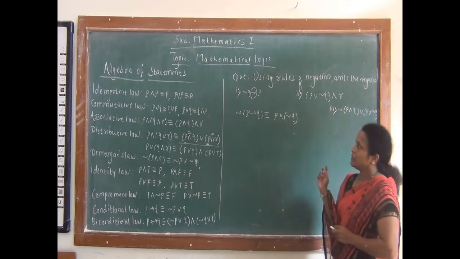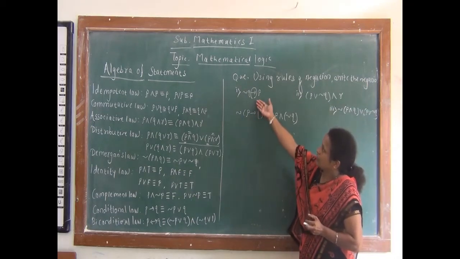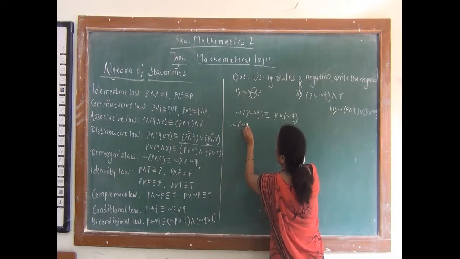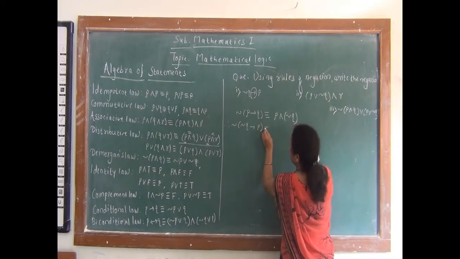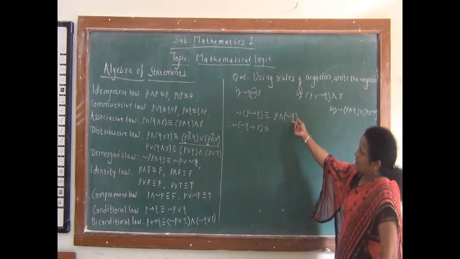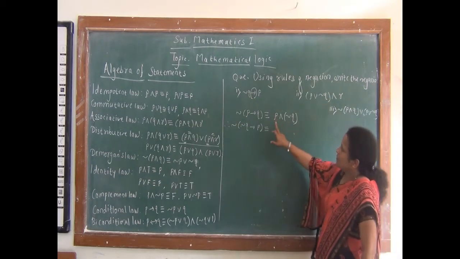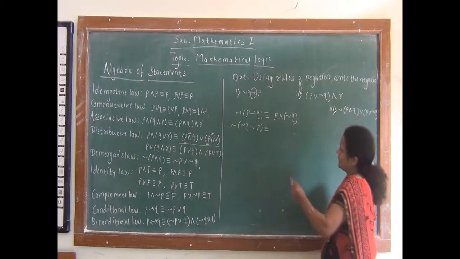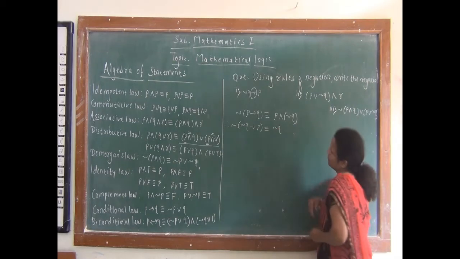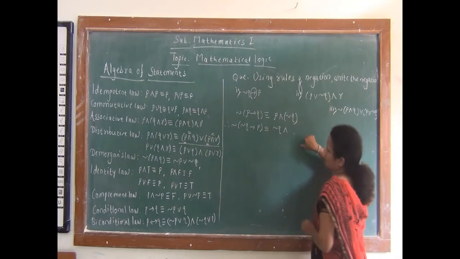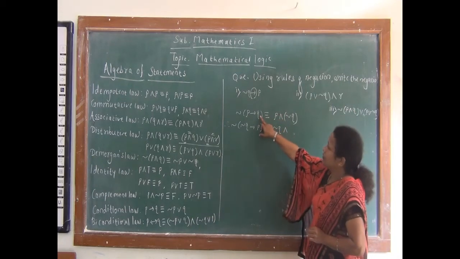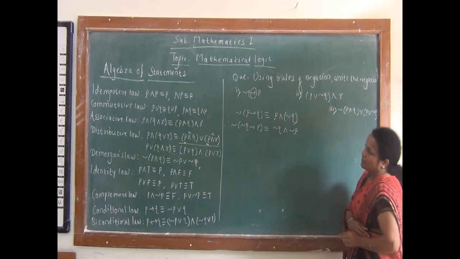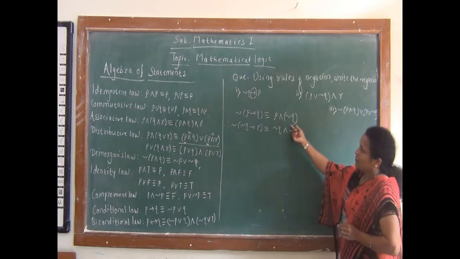So this is the negation of conditional, and now we apply this negation of conditional for this given statement pattern. Therefore, negation of (negation Q implies P) is equivalent to, using this result, we write the first statement as it is. So here our first statement is negation Q, so we write negation Q. Then we write and, and here we have to take negation of the second statement, so negation of P. So this is by the negation of conditional.